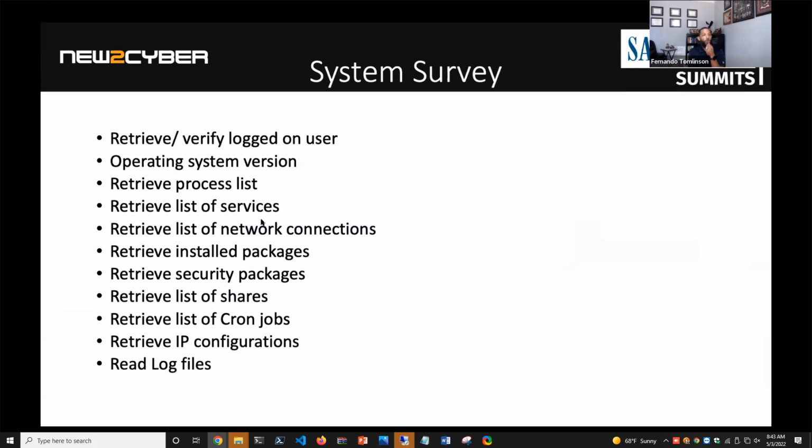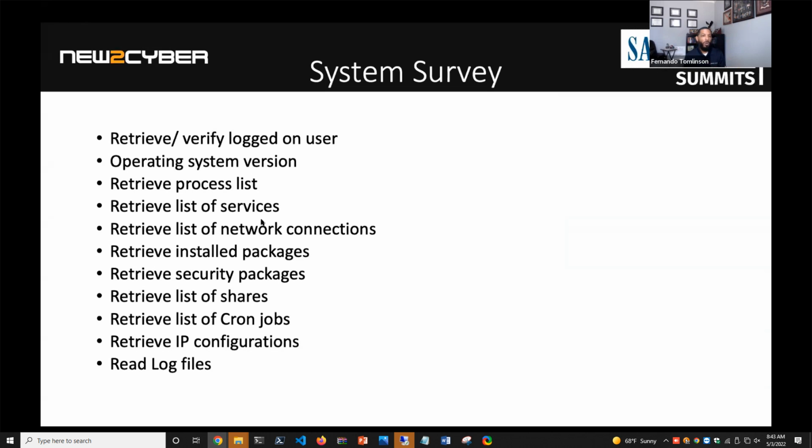Okay, so no matter what side of the fence you're on, whether you're a system administrator or you're aspiring to be one, or aspiring to be somebody on the defensive side or offensive red team side, there's a number of things, as we determined, that you would do that could span different facets. And some of them are listed before you. And we call them a system survey, right? So if I'm a red team person and I've gained access to a machine, the first thing I would want to do is be able to understand the makeup of the machine, like who's logged on, what processes are running, what